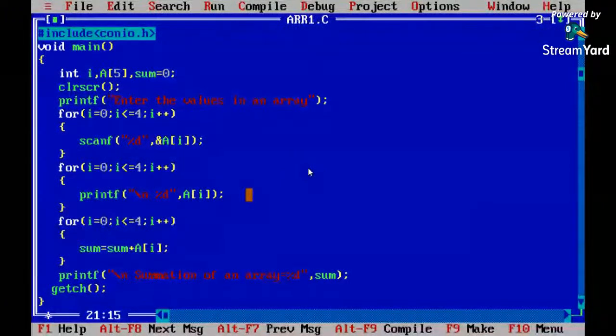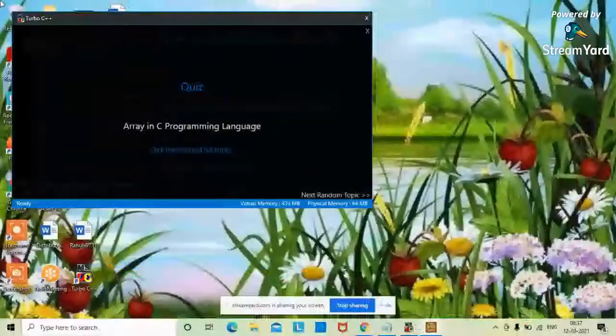This is the simple operation which we perform on the array. We just receive the 5 numbers from the user, we print all these numbers, okay, and then we perform the summation of all the numbers which are present in the array. So if you take a look at this array, what basically happens for each location,